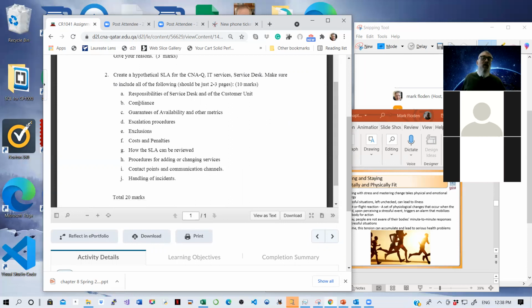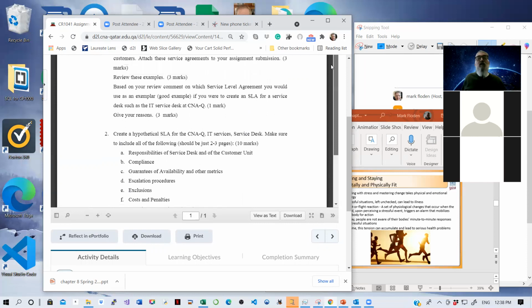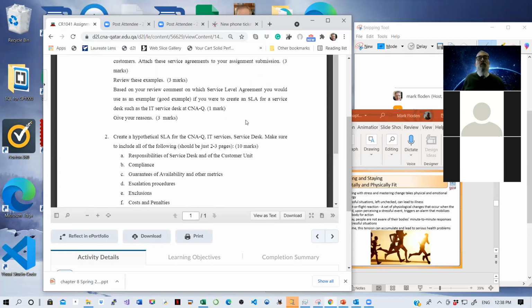So in other words, all of these points here, A through J, are covered in the notes. But if you do a Google, you'll be able to find out more about service level agreements as well. And you need to do a Google because it asks you to find 3 examples of service level agreements. So you need to do a search and find 3 examples of service level agreements and include those